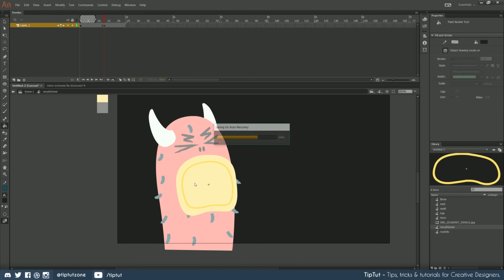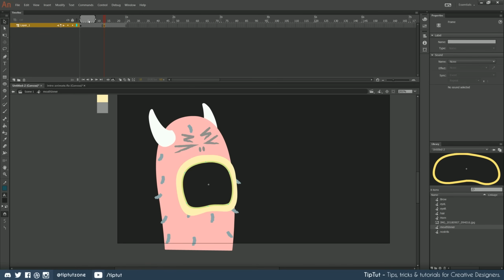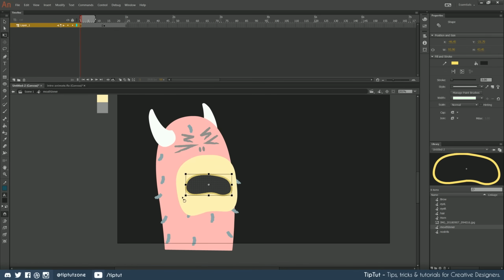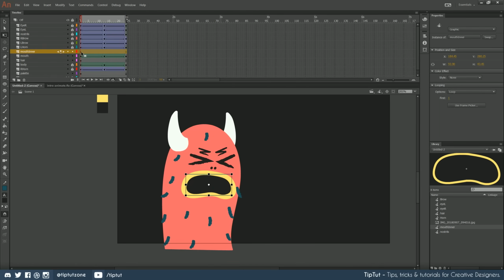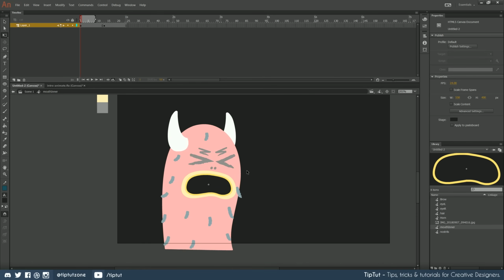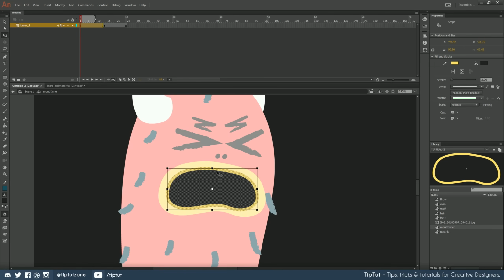And then let's fill, oops, auto recovery there. Let's fill those lips in. That gives us the fully open mouth, but when we want it fully closed, we don't want this shape here. What we want is an almost fully closed mouth. So we can grab this and, if we drop out and go back to our first frame and then drop back in, it'll give us the background of that.